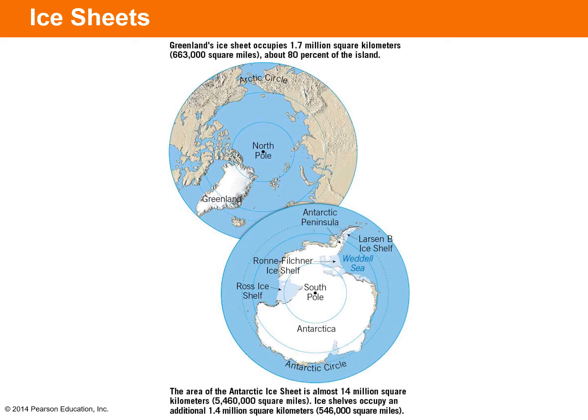And the ice shelves, which aren't on land but are ice that exists out on the ocean that's attached to the continent, occupy another 1.4 million square kilometers or 546,000 square miles. So the ice shelves off of Antarctica occupy about as much space as the entire ice sheet of Greenland. It's a crazy amount of ice.